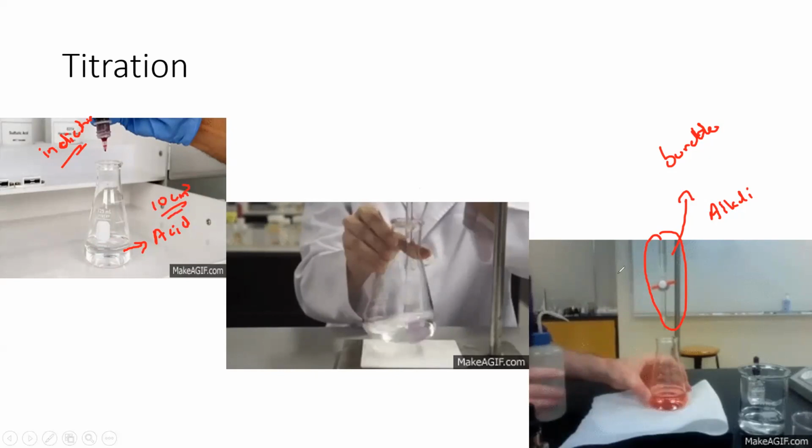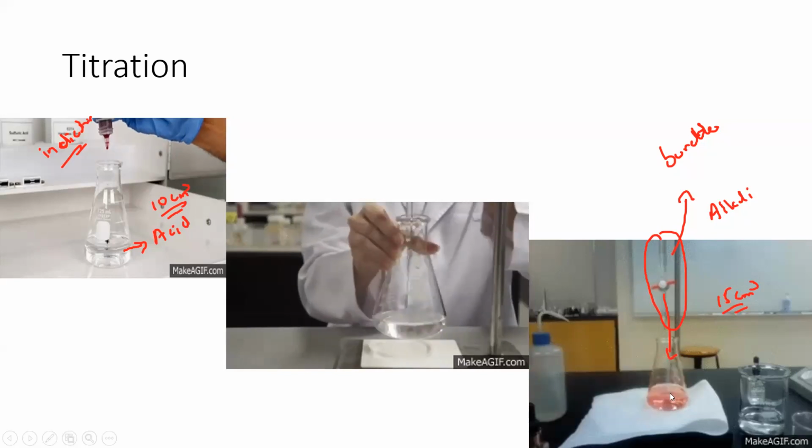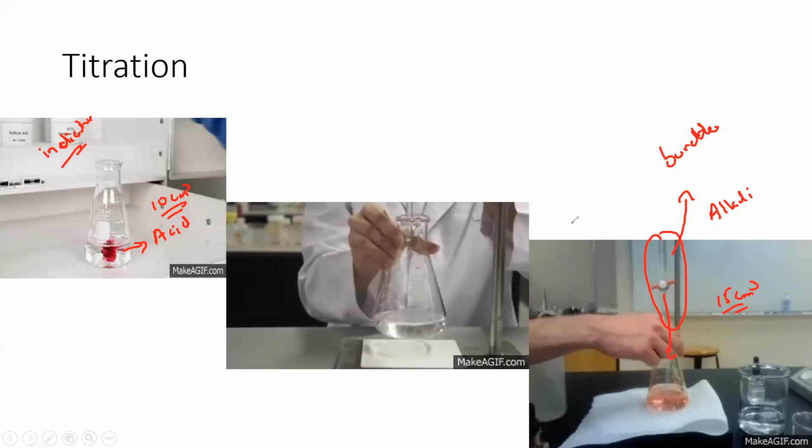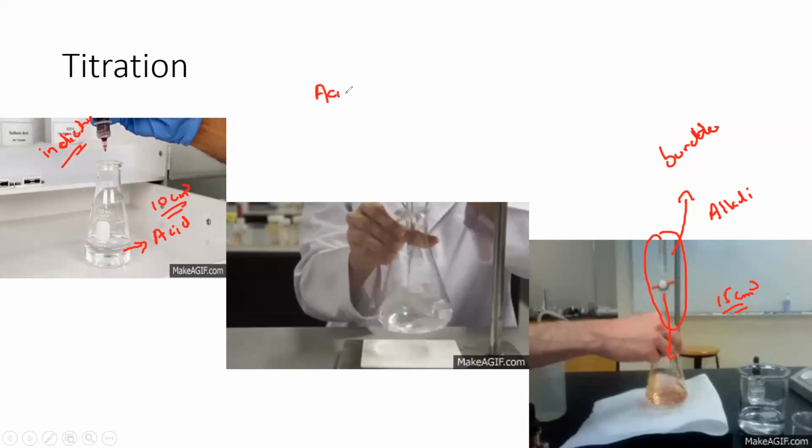This is a burette which is filled with an alkali. From the burette, we are adding the alkali. For example, we add 15 cm cube of alkali. When we add 15 cm cube of alkali, the indicator shows a color change. What is the meaning of this? It means the acid is completely used up, because when acid reacts with a base,